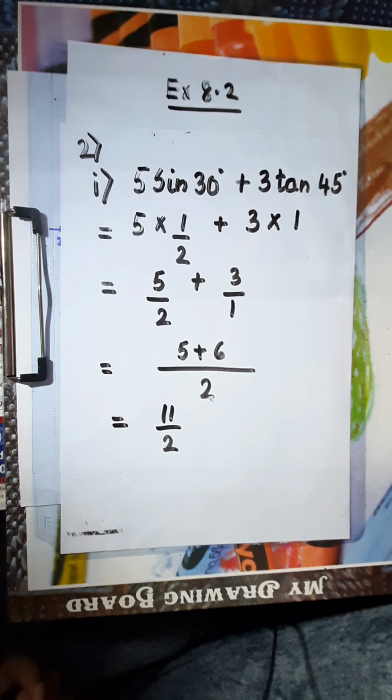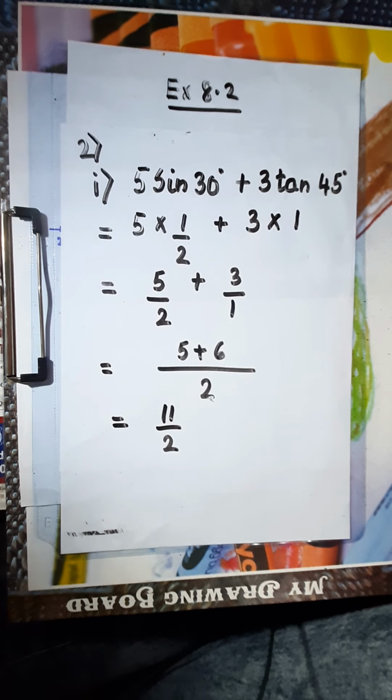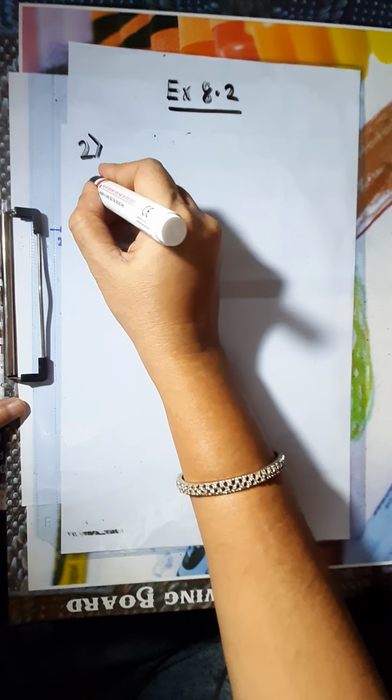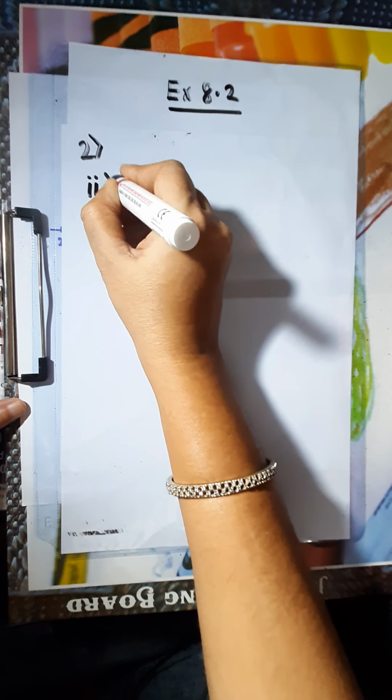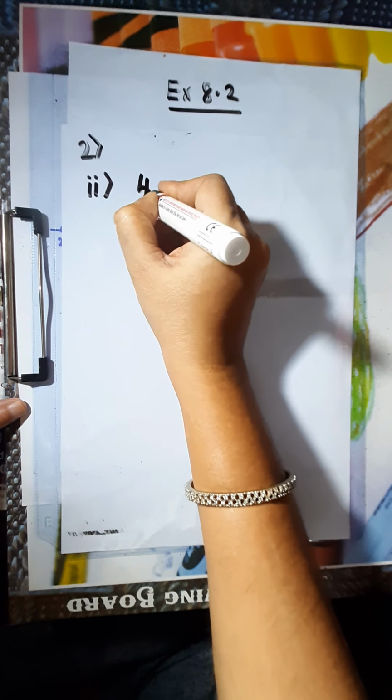Correct? Now, look at the next question. See, it's question number 2. Right? Question number 2 is 4 upon 5